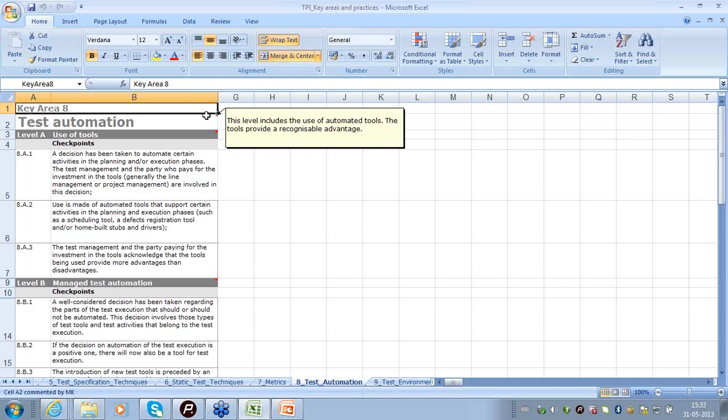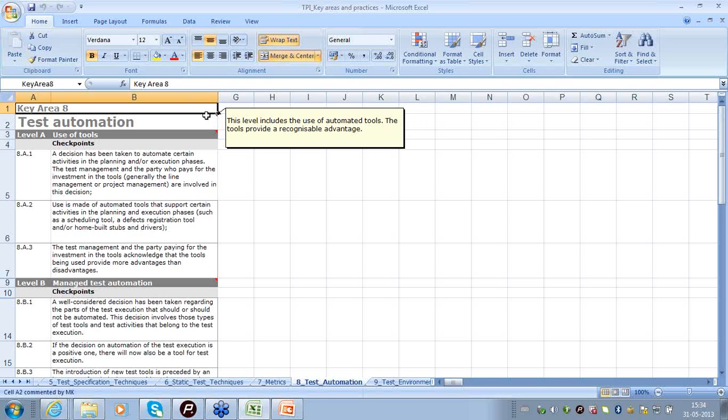Also, it can reduce the monotony of the test cases execution activity. The testers are not being made to execute the same test cases again and again and again. And also the execution of tests becomes free of errors because there is no manual intervention involved in the execution of test cases. So these are the typical advantages of deploying test automation.